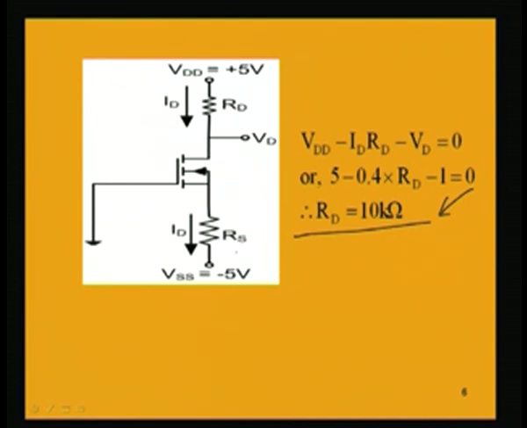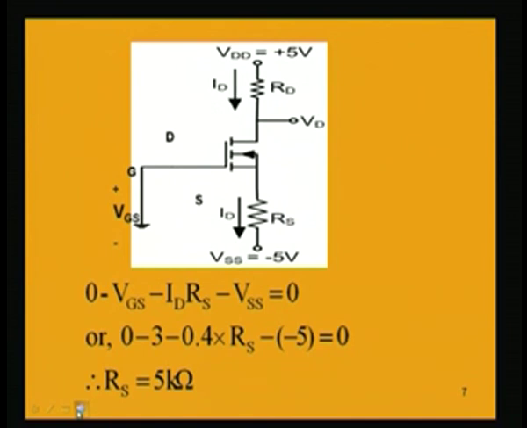In order to find out RS, we will come through the bottom loop. This is the drain, this is the gate, this is the source. So, with respect to the source terminal, this voltage is VGS. This is the ground point. So, we will go through this loop: 0 minus VGS minus ID into RS minus VSS is equal to 0. So, applying KVL in the bottom loop,